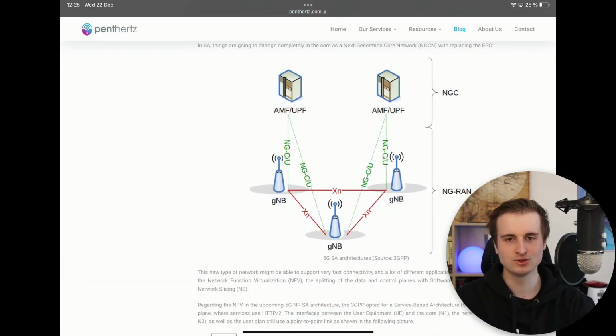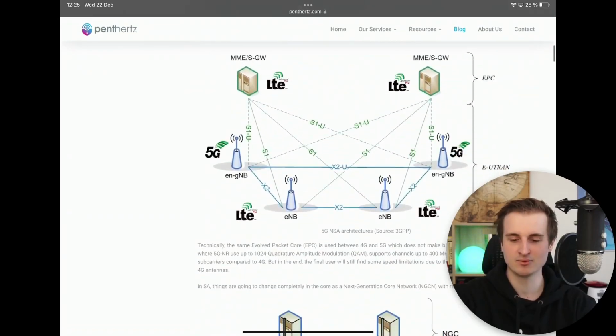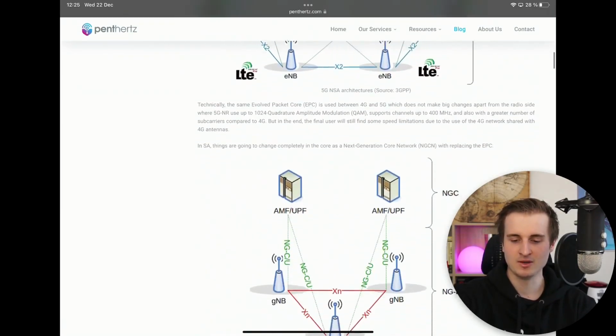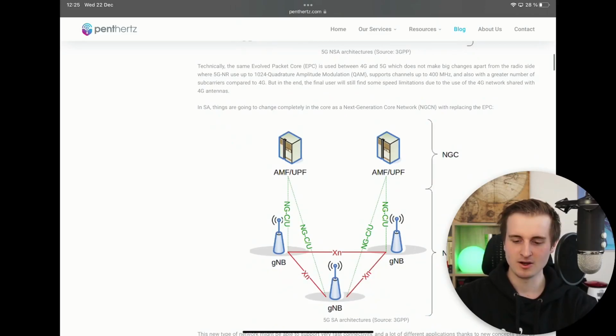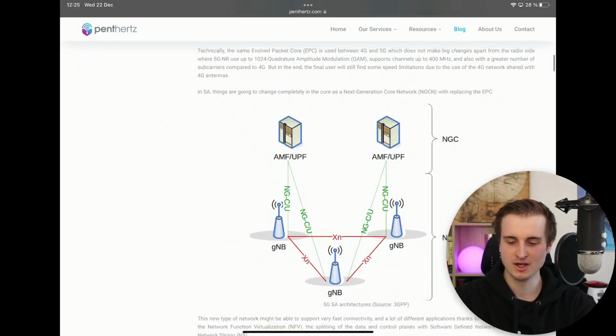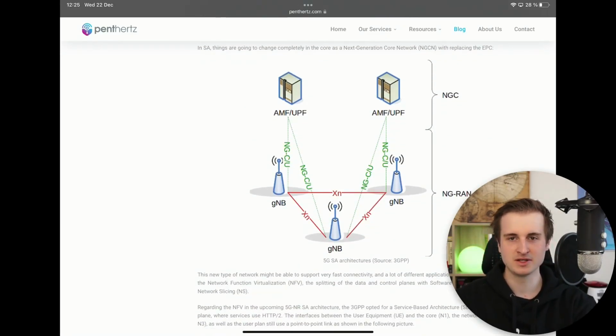But what you should expect, for example, for 2022 or 2023 in a new country is generally this kind of network. Maybe in China this is the case, I don't know what the status is in China, but in Europe we only have NSA networks growing for now. But then when we have the 5G standalone networks, we'll have a completely different